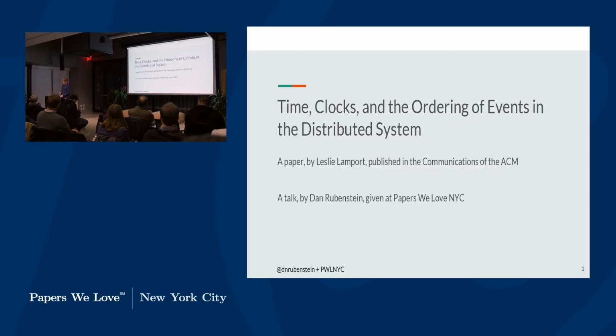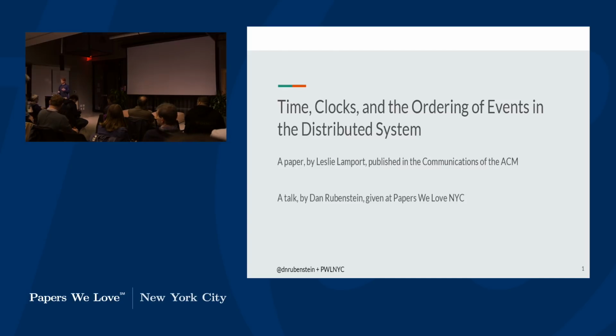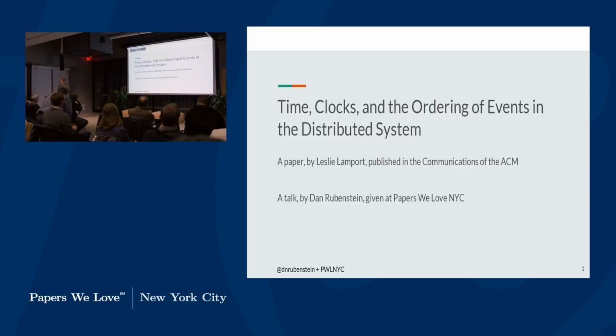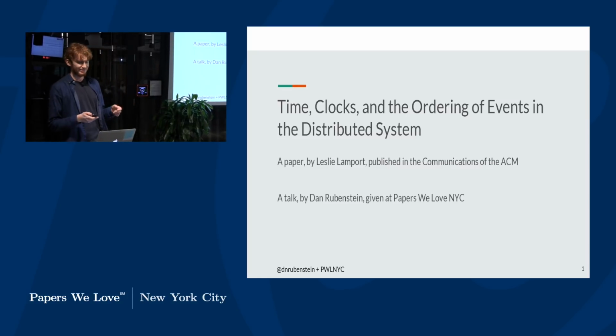For the next few minutes, I want to think about one motivating question, which is, how do we know the order of 2 events? We can think about this question in a couple of contexts. First, in a single process, where a priori we know where everything is, everything that's happening. But also, if my slides come back, voila, magic. We can also think about this in a distributed system where we don't necessarily know everything and where we have to communicate between processes to figure out what's going on.